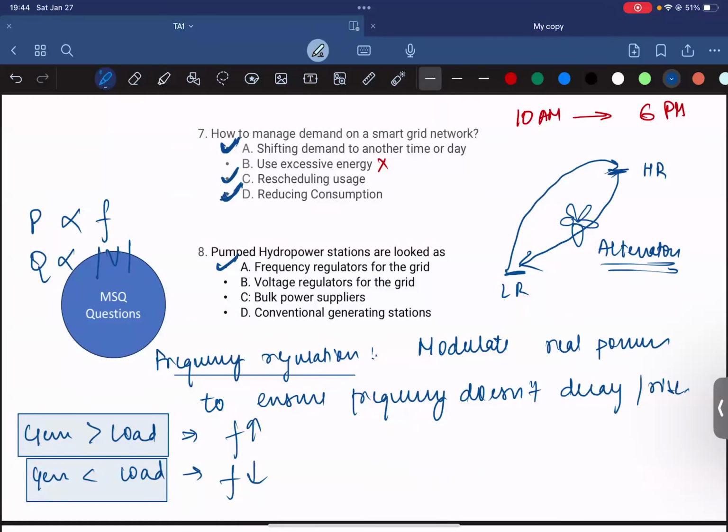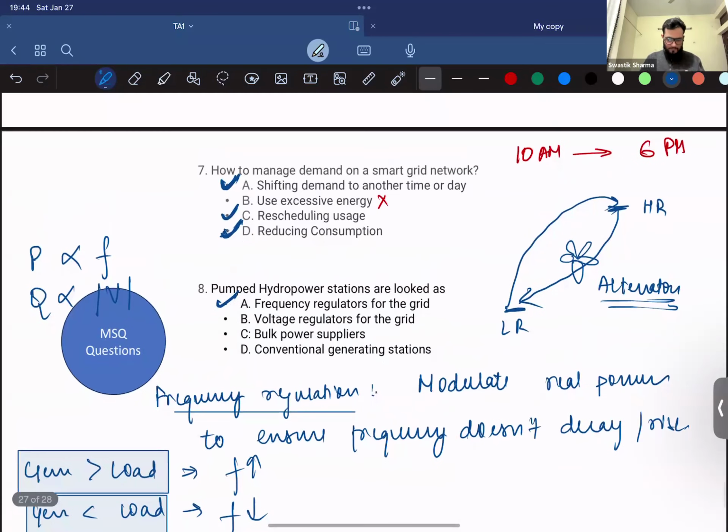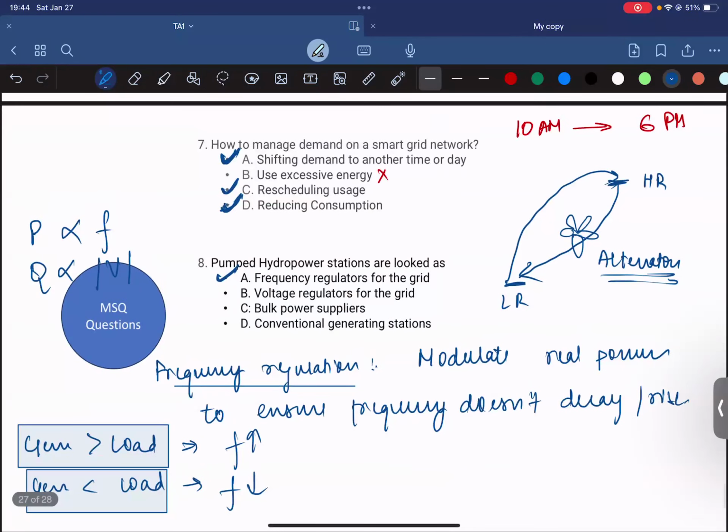The production company owner wants to maximize the production. So how will we convince that owner to reduce their consumption? Could you please explain? So how will we incentivize the owner? Okay, that's a good question, but right now I'm just telling ways to manage demand on an electric grid network, a smart grid network. But let's take your question for example. Let's say an industrial load,